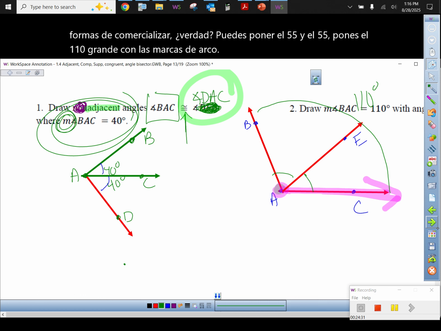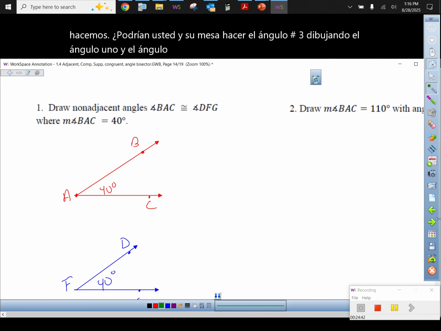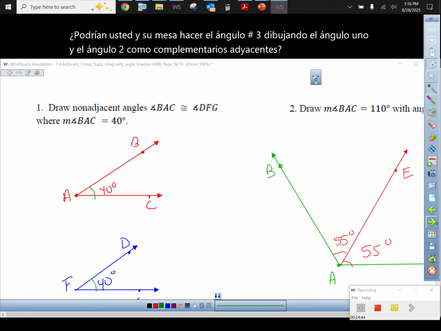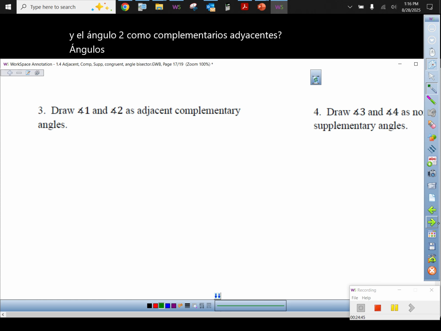Cool. Now, we're still going to do 3 and 4, but I'm going to walk around and see how we do on it. Could you in your table do number 3? Draw angle 1 and angle 2 as adjacent complementary angles, right? Could you draw them as adjacent complementary angles? Do they touch or don't touch? What does complementary mean? Adjacent